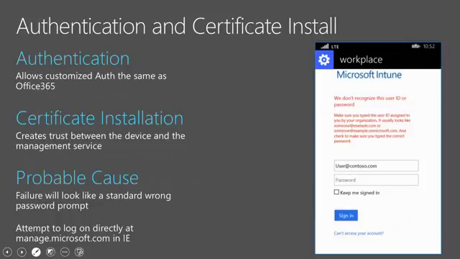The next step in the enrollment process is authentication and certificate install. So we enter our name. That server prompt won't show up unless it fails. So hopefully it successfully takes you to the management service. This is hitting Azure Active Directory authentication. So if you're using ADFS, if you're using a third-party federated service, if you're using multi-factor authentication, that's a screen you're going to get. This is the other place where we see a lot of volume